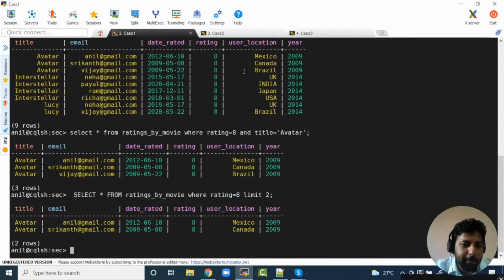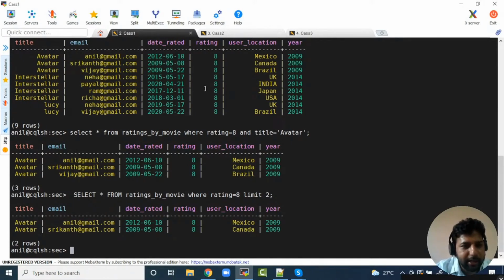Cassandra has an internal algorithm. The moment it gets those 50 rows, it will stop scanning other nodes. So let's say you got 50 rows by scanning 5 nodes. It will skip the remaining 95 nodes and give you the output.